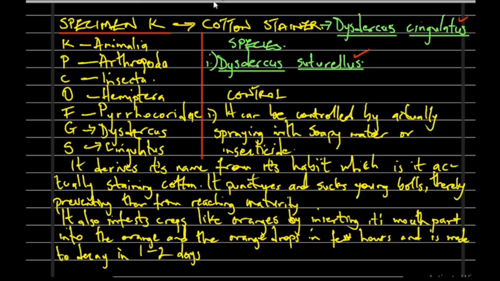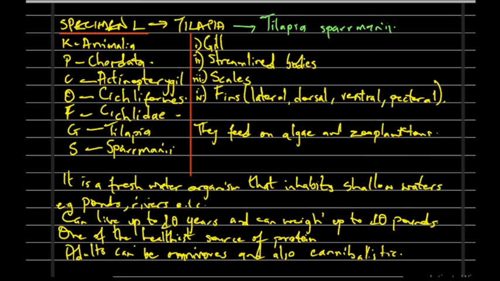And then we move to the next specimen, which happens to be specimen L, which is the Tilapia zillii. That is the zoological name. It has its own classification, like we can see here. Kingdom Animalia, then the phylum is Chordata, the class is Actinopterygii, and then we have the order Cichliformes, while the family is Cichlidae, and then the genus is Tilapia, while the species is zillii. So this particular organism has its own structural adaptive features